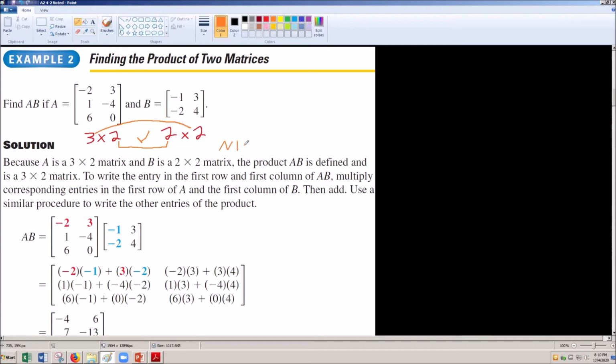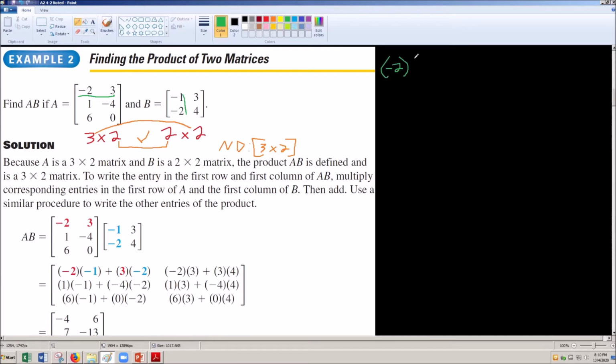So I'm going to write N D. It's going to be a 3 by 2 matrix. When I'm looking at actually doing the multiplication, I'm going to take the first row from my first matrix and multiply it by the first column of my second matrix. The first thing in the row, the most left, goes to the top thing of this column here: -2 times my -1. So I'm going to write it out here as